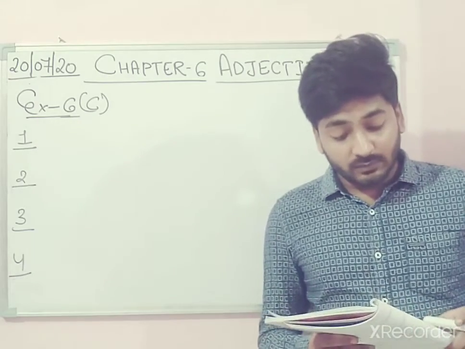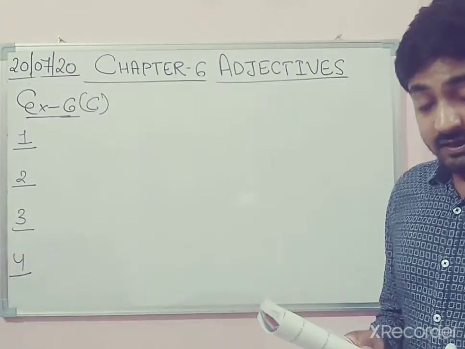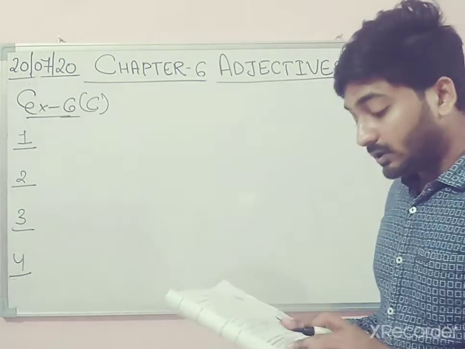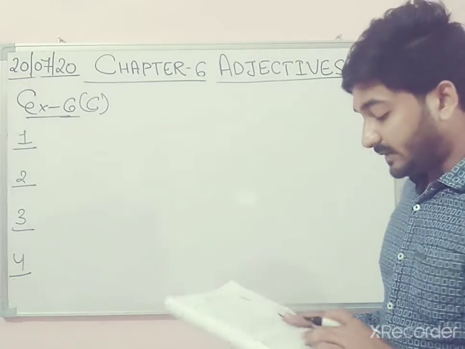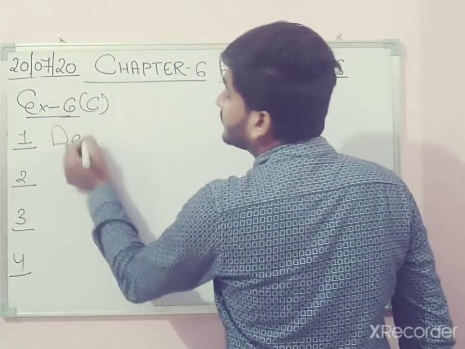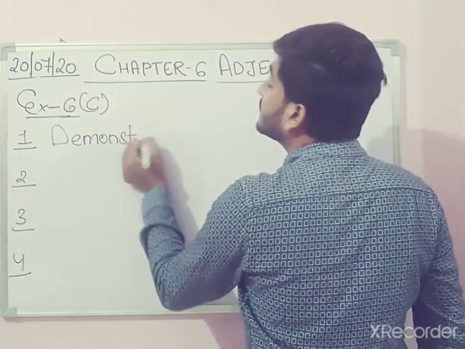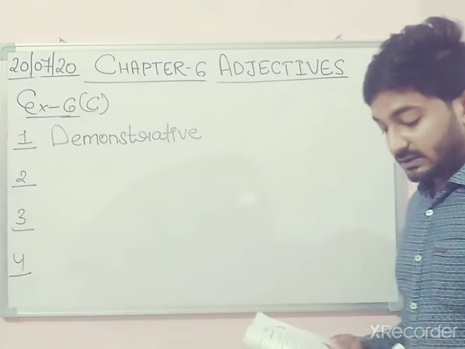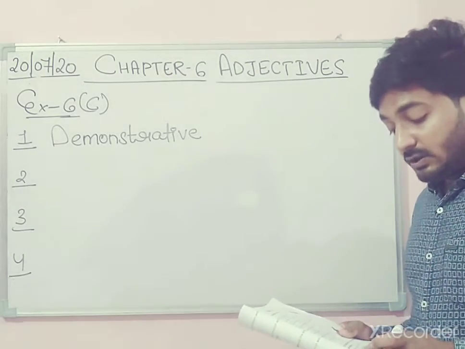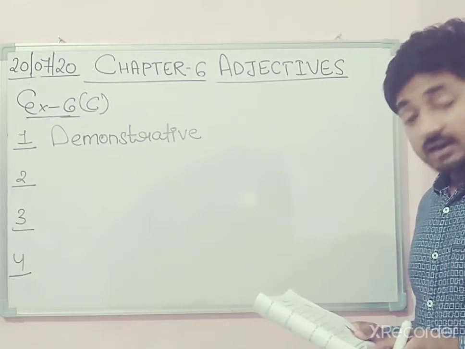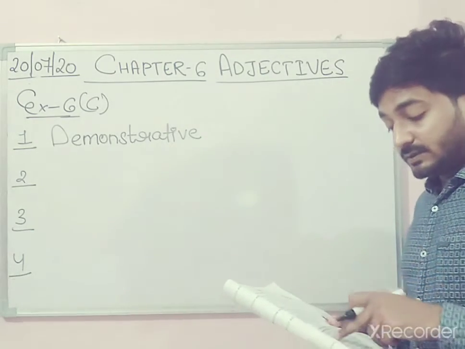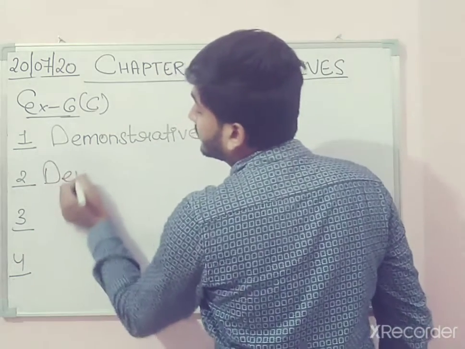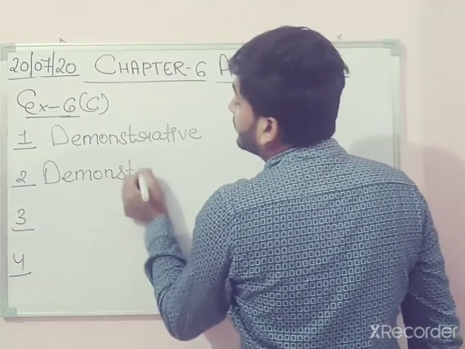That building is beautifully decorated. Here, that is adjective, which is followed by noun building. That means that is when we point out something. That means demonstrative. So in front of number 1, write demonstrative. Okay. And that को underline कर लीजिए या circle कर लीजिए. Number 2, these puppies are cute and cuddly. Underline these, and these we are using for noun puppies, and these is also demonstrative. Pointing, we use them for pointing out.